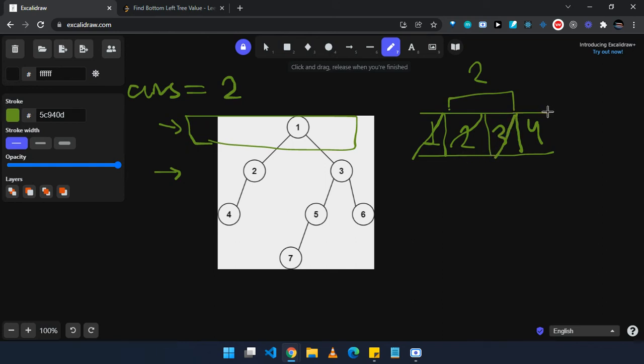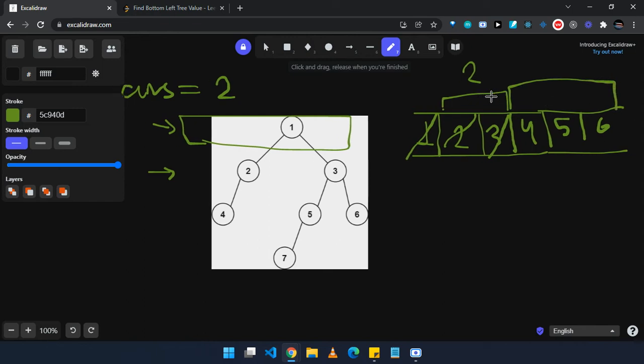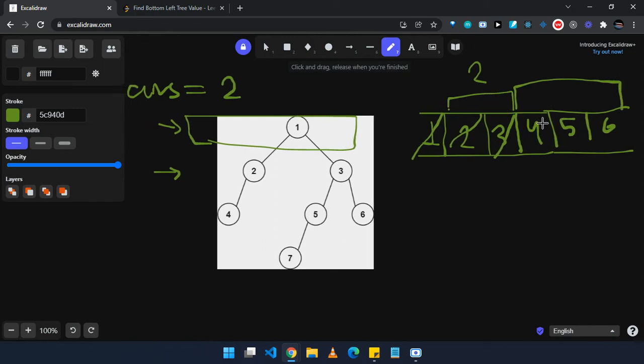Three has two non-null children, 5 and 6, so we'll push them. Three is also gone, so this is now level 3. At the start of each level, answer will be initialized to the first element of that level, so that at the last level we have our answer without any extra care.